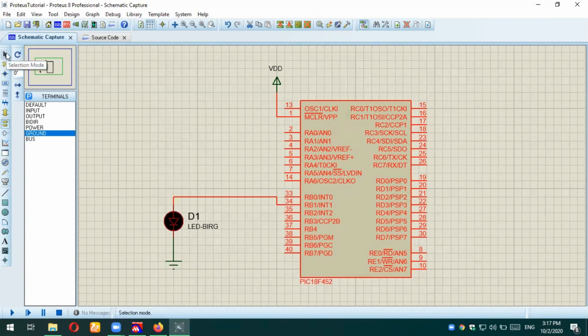For example, we go to selection mode. You see here, this is our selection mode, right? Let me highlight the area for those who are still unable to figure it out. I'm talking about this area. In this area, you can see root sheet. So right now we are on this sheet. Look, this is selection mode now. If I go to component, it will become junction dot, terminals, device pins, and there are various terminals. So we will go to this run simulation button and turn it on, right?